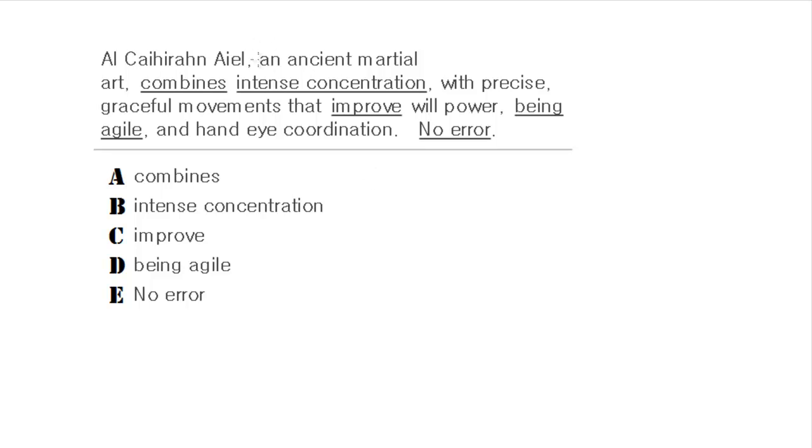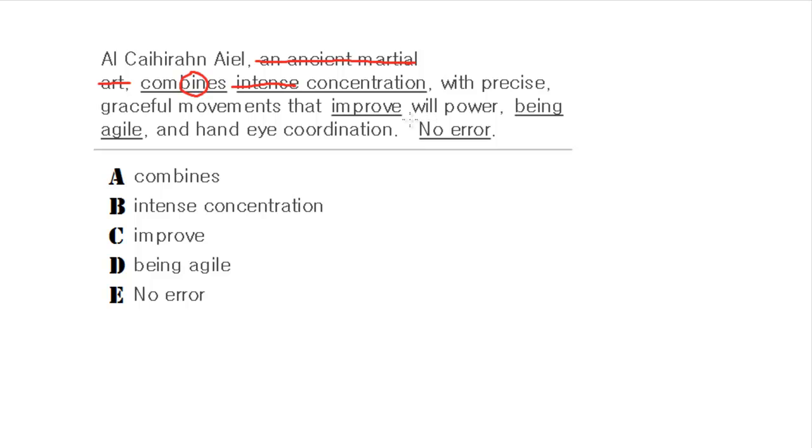So let's get rid of stuff that we don't need, right? So this ancient martial art, it's an appositive. You can get rid of it. And if you don't know what an appositive is, look it up in my other videos, right? So the subject is singular and it combines, so that's okay. Nothing wrong with combines, right? Intense concentration, and that's a noun. It combines concentration, so maybe get rid of intense. It combines concentration with